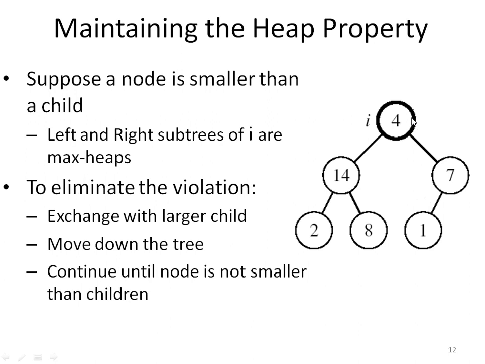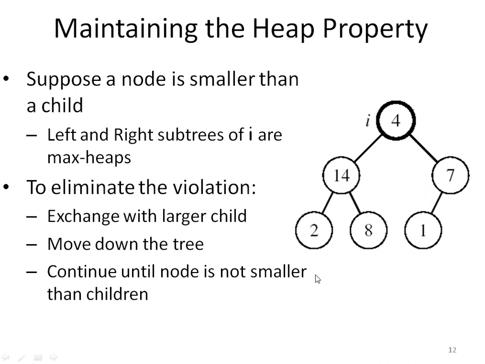So in this particular case, if I start with 4, then 4, 14 and 7 will be compared. Since 14 is the largest one, 14 and 4 will be swapped. The moment I swap, the max heap property is violated in this particular part, because now in place of 14 we have 4 as a parent and 2 and 8 are its children. So 4 and 8 are not satisfying the property of a max heap. So it gets violated, and I have to again perform max heapify for this particular part. In the next execution, 4 and 8 will be swapped and then 4 reaches the leaf node and we have to stop. So this is the concept which we have to implement.